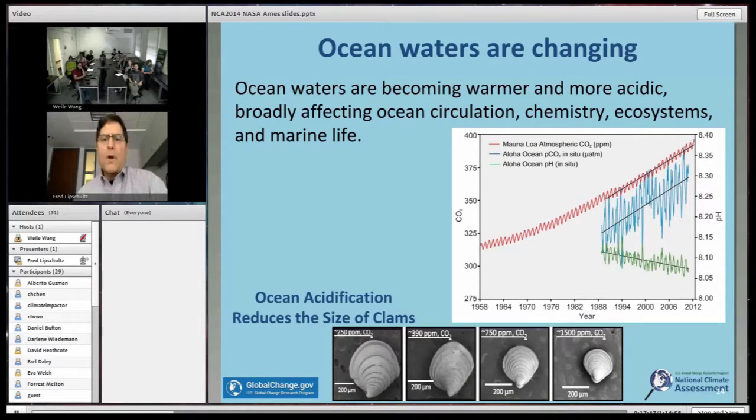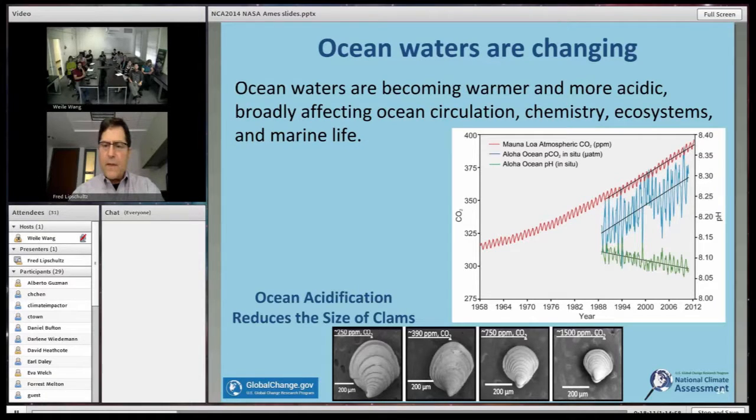Ocean waters are also dramatically changing. Not only the temperature that we see and feel and affects us on land is affecting the ocean, but the ocean also is affected by ocean acidification. So the CO2 that goes into the atmosphere actually is also then dissolving into the ocean and making it more